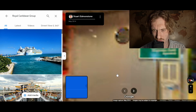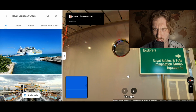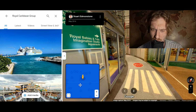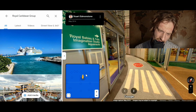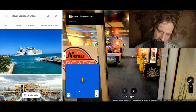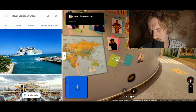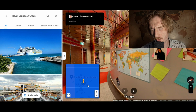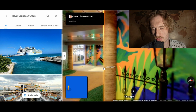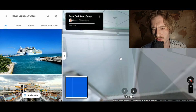Okay, what do we have here? Adventure Ocean Theater, Voyages Explores, Royal Babies and Tots, Imagination Studio, Aquanauts. Okay. We're getting dangerously close to the children's area again. I mean, Royal Caribbean would have this tour on their website. An old press release of that can still be found, but something is off with it, because no one could navigate this